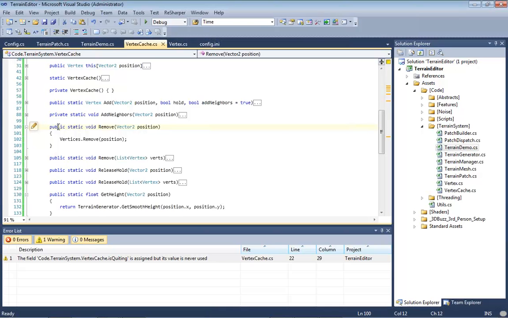Hello and welcome back. So continuing on with our VertexCache, in this video Lee is going to be implementing the Purge method. But real quick, I wanted to point out a question that I had for Lee once we had